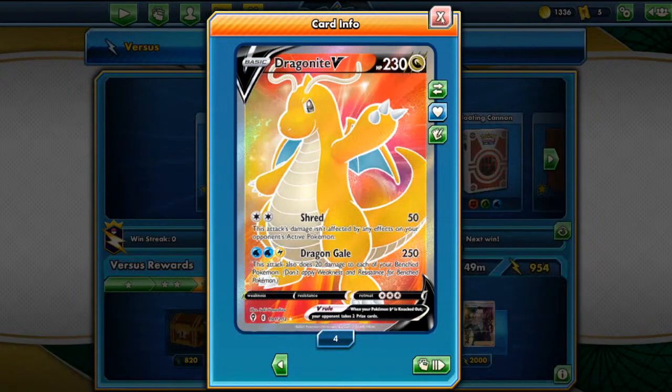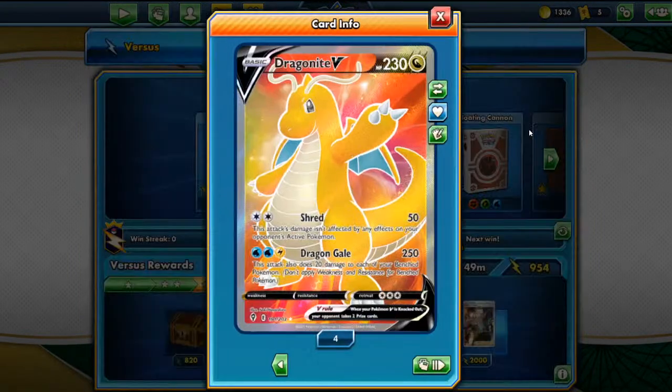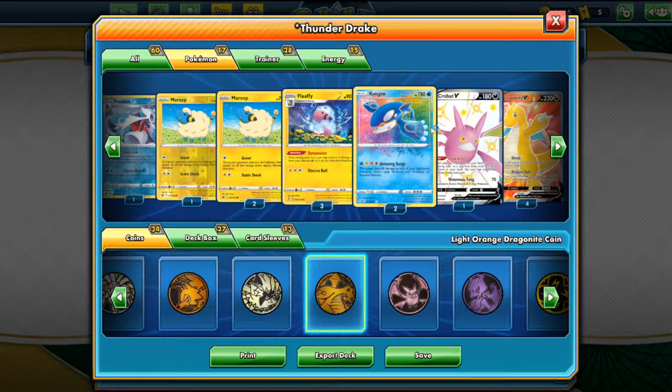bench for you to collect those extra prize cards with your Amazing Surge, with only 1 Amazing Surge hit, if you can do it, then play your Kyogre then. So Kyogre is only good after you hit your first Dragon Gale on a VMAX Pokemon, and if after you play your Kyogre, you see a few of your opponent's bench Pokemon having 80 HP or less, then you can play your Amazing Surge to knock out more than 1 VMAX with a single hit. With a single hit, you can knock out a VMAX plus a few other Pokemon on their bench, is what